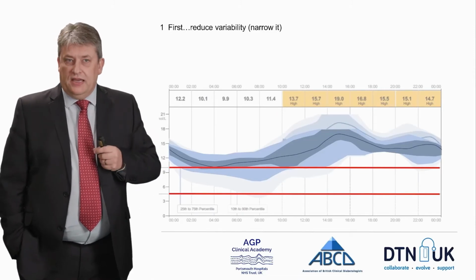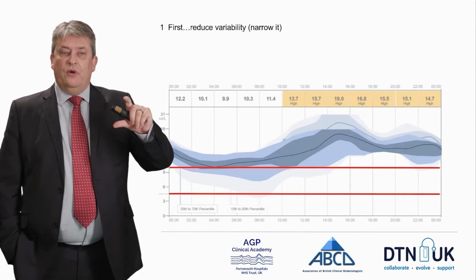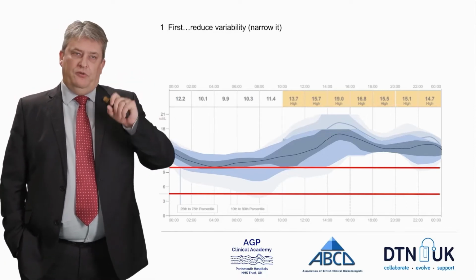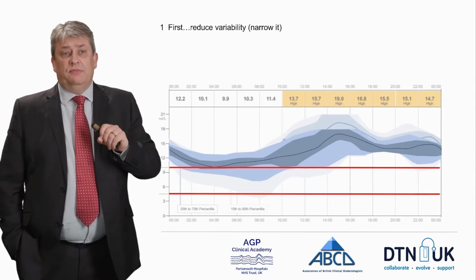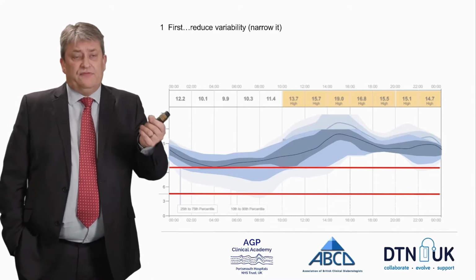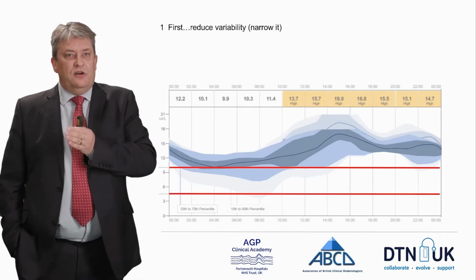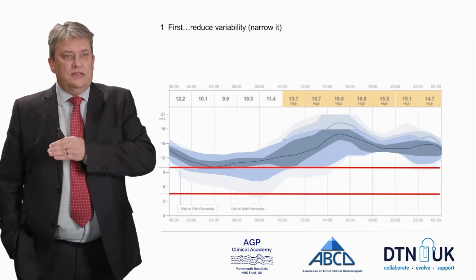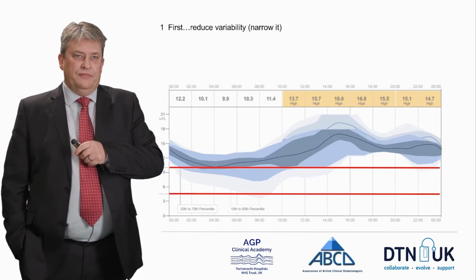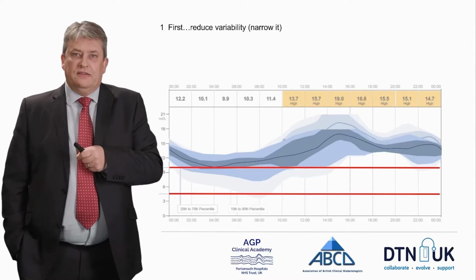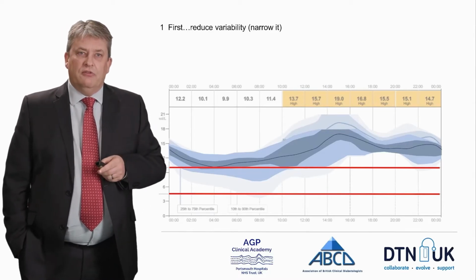In this particular case, the vast majority of the width of the profile is produced by that sometimes light blue part of the profile, which usually means that an individual's behaviours from one day to the next are quite different, and it's a case of analysing which parts of those behaviours are causing the day-to-day differences. But having reduced variability, this profile will still not fit in a 4 to 10 target group.